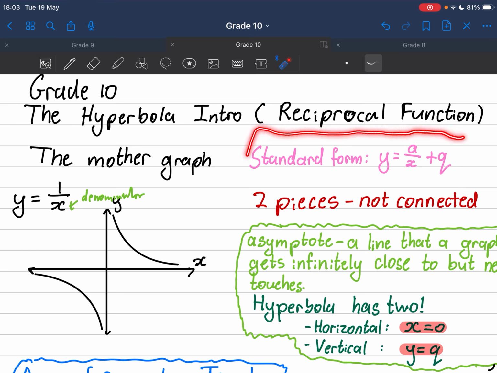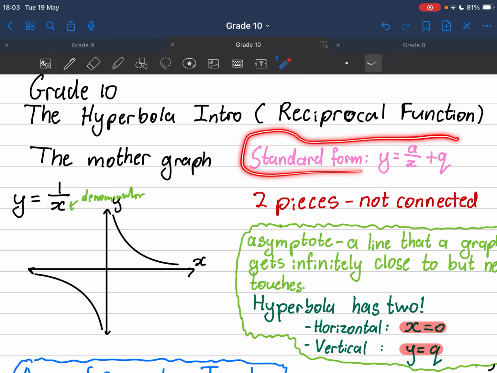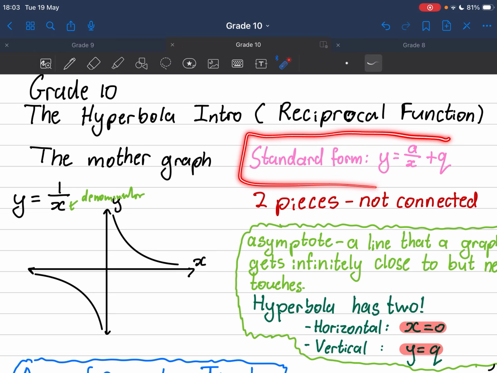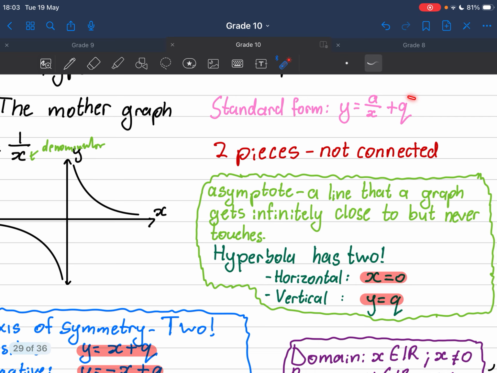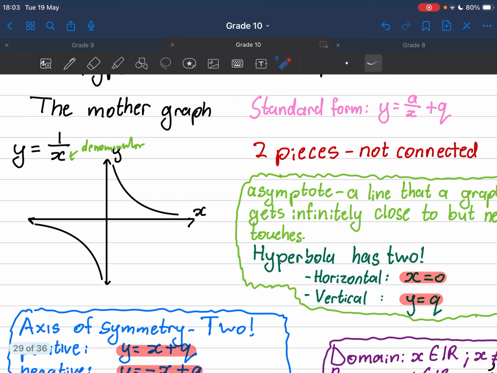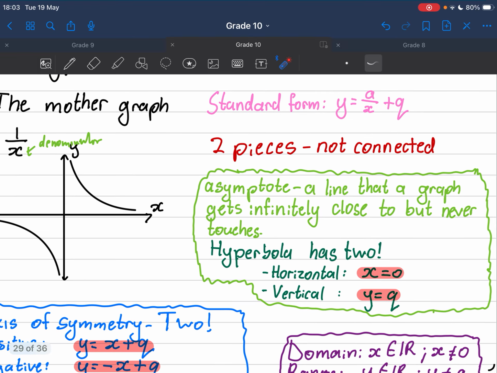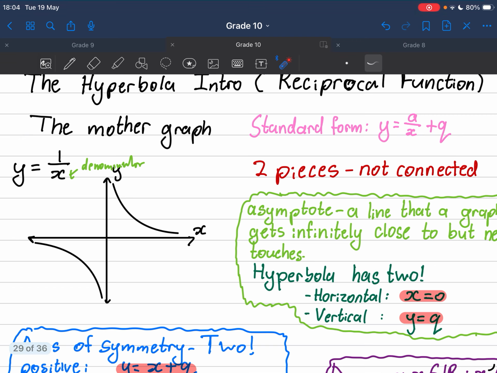The form you're going to need to know for test purposes and sketching and finding equations is this here, something we call the standard form. We're going to talk about this in a second, but let's introduce a couple of concepts with the hyperbola. Firstly, the hyperbola introduces a word called an asymptote. An asymptote is a line that a graph gets infinitely close to but never touches. So what does that mean exactly? If you have a look here,